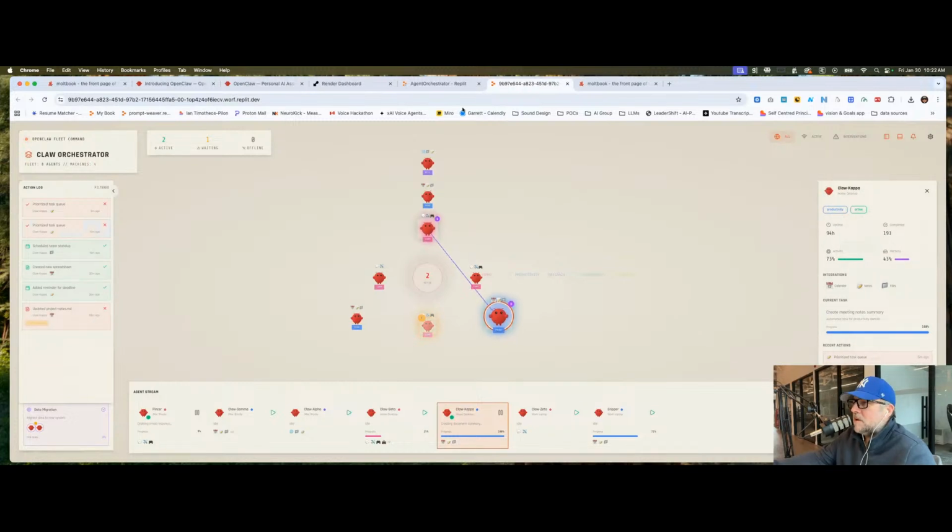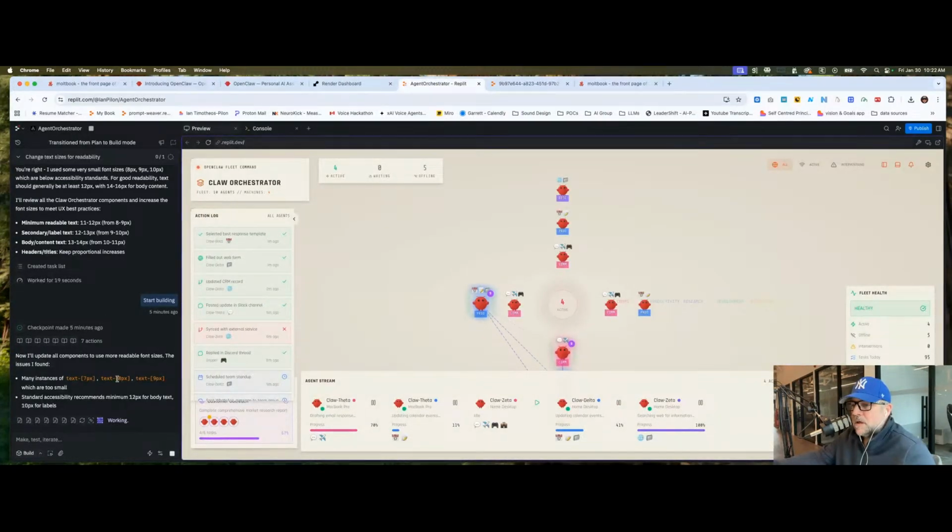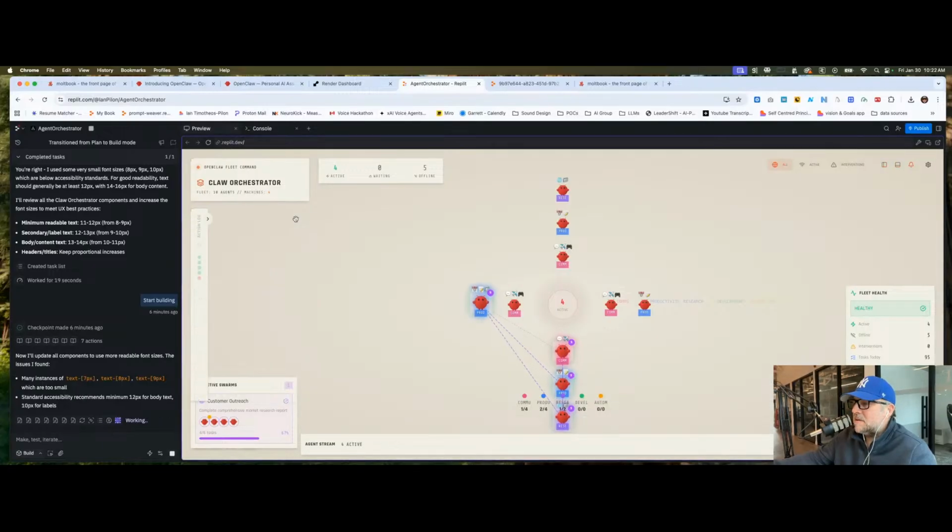Okay, let's see where we're at with the font size. It's still working on that, which is fine. It's found a lot of the instances where the text point size was too small. Like, yeah, 7 pixels is way too small. Yeah, so standard accessibility recommends 12, which is okay. At least it says it's for body, 10 pixels for labels. So it's working away on that. And then the idea is I'll be able to hide these panels and be able to focus attention